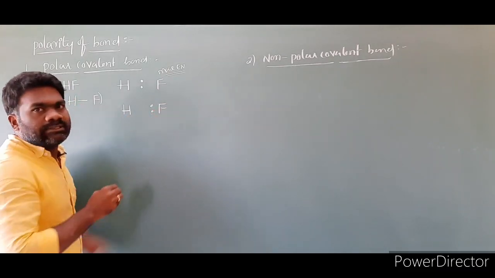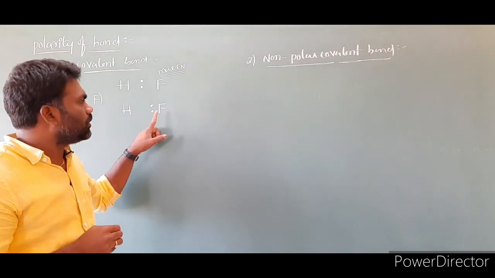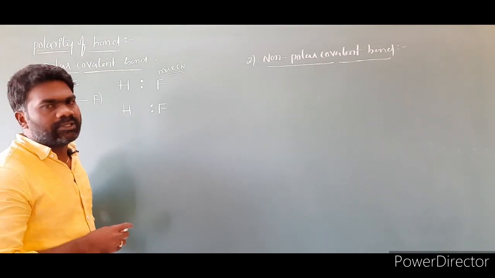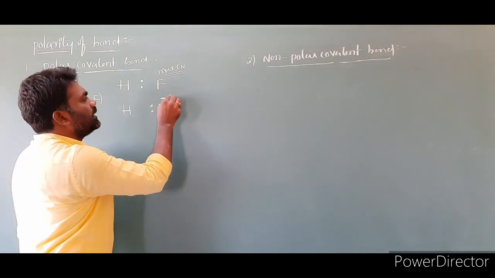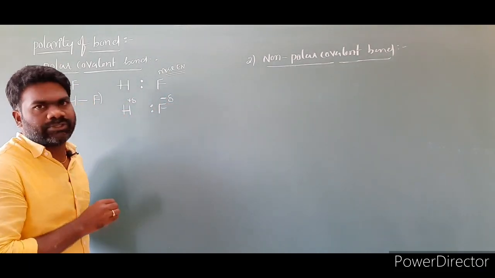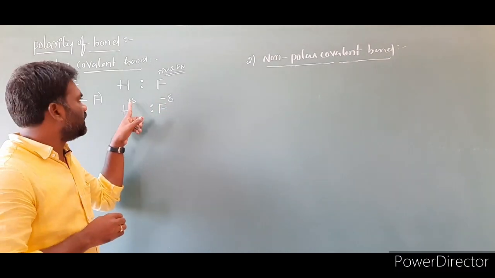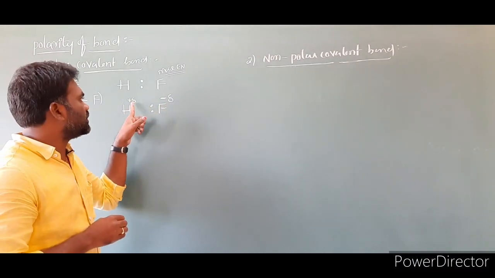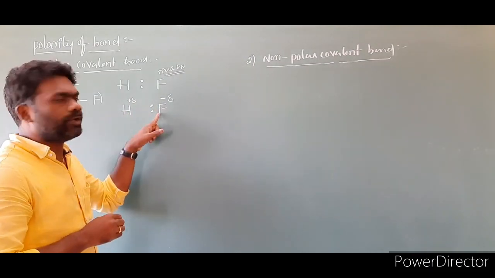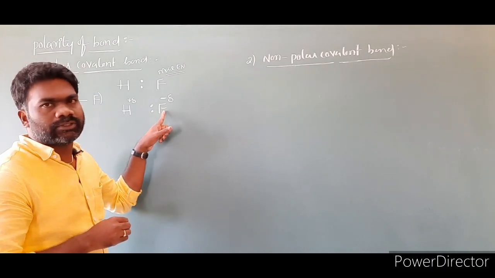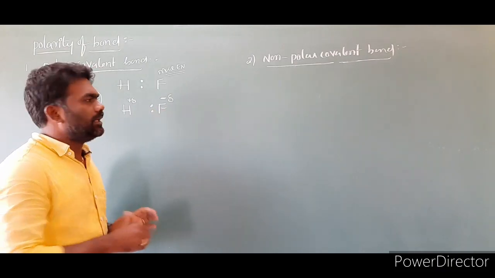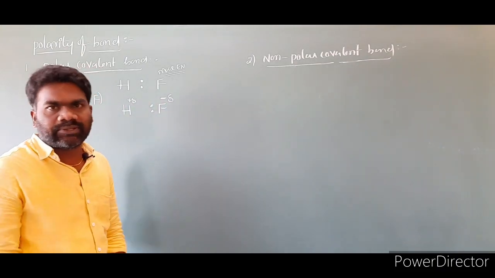Now look at this. The bond pair of electrons is very close to the fluorine and far away from the hydrogen. These electrons are negatively charged. As a result, fluorine gets a partial negative charge and hydrogen gets a partial positive charge. It is not a complete negative or complete positive charge, because the electrons between hydrogen and fluorine do not completely belong to the fluorine atom. The shared pair of electrons just moves towards the fluorine atom, so it gets a partially negative charge.